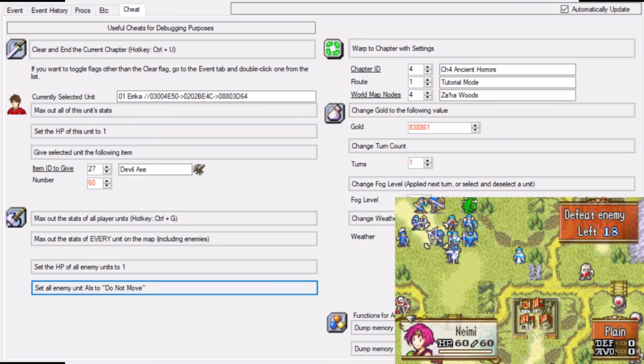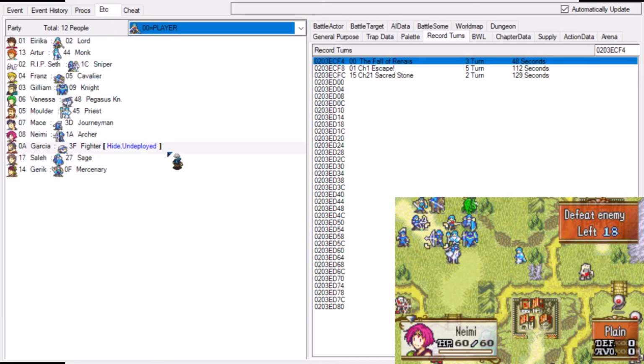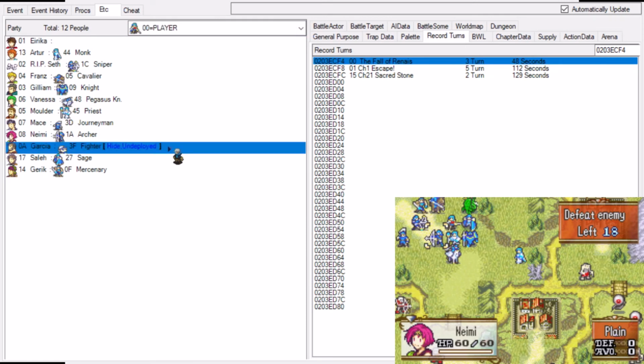So yeah, this little window over here, you can do a lot of different stuff with this. If you're ever stuck somewhere or you want to test something specific, this window, maybe in combination with this window over here, will probably be the best thing to do. Oh, you can also see if a unit is undeployed or if they're dead or something. That will also be displayed here. Or if they have left the party. For example, Ephraim will leave the player party